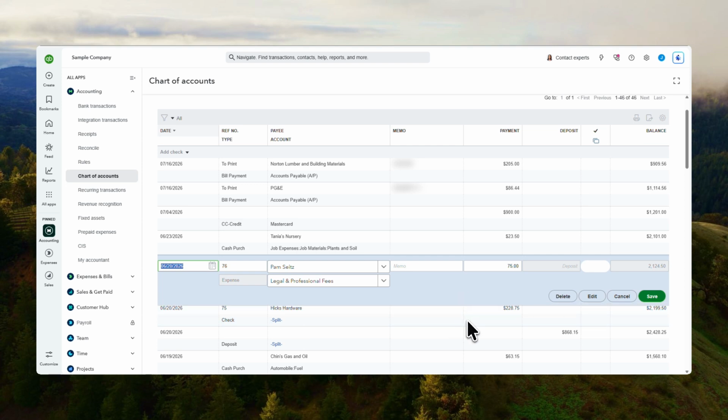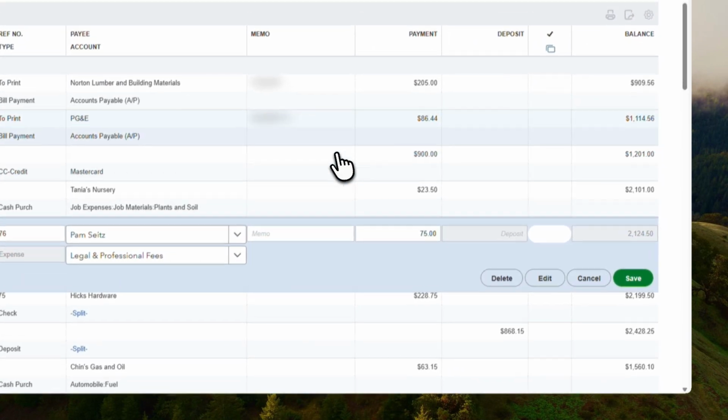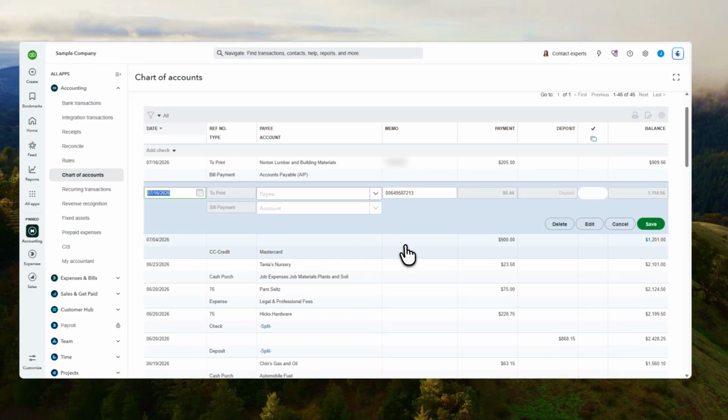After you've confirmed which one is the duplicate, click Delete. That will remove the extra transaction from the register. Once it's gone, your account should reflect the correct information without the duplicate entry, and that's all there is to it. As a quick tip, it's always a good idea to review the register again after deleting the transaction, just